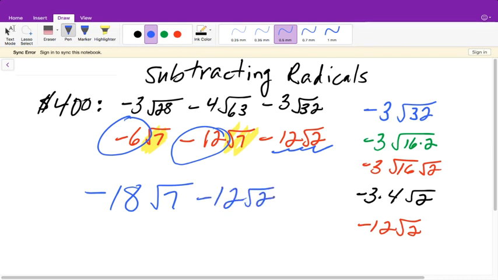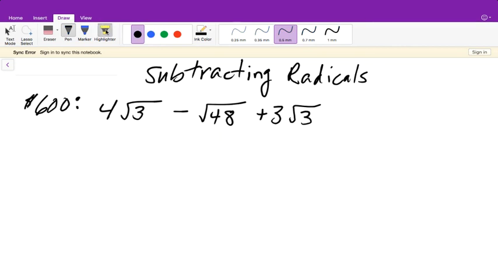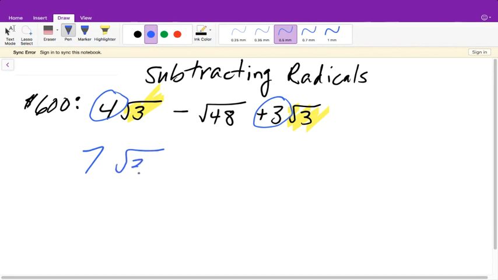Final answer. All right, so once again, you could right away say, oh, look, I have the square root of 3 and the square root of 3. They are like terms, so I'm going to go ahead and add these together. So 4 plus 3 gives me 7 times the square root of 3. Perfectly fine. However, this square root of 48, we need to reduce. It's not the same, so we can't combine them, but we're going to look and see, can it reduce to be the same radical? Well, what perfect square goes into 48? By this point, we have done this time and time again. 16 does,